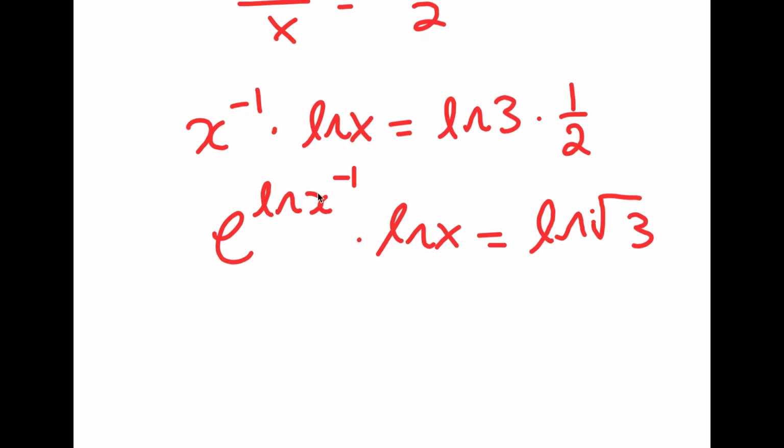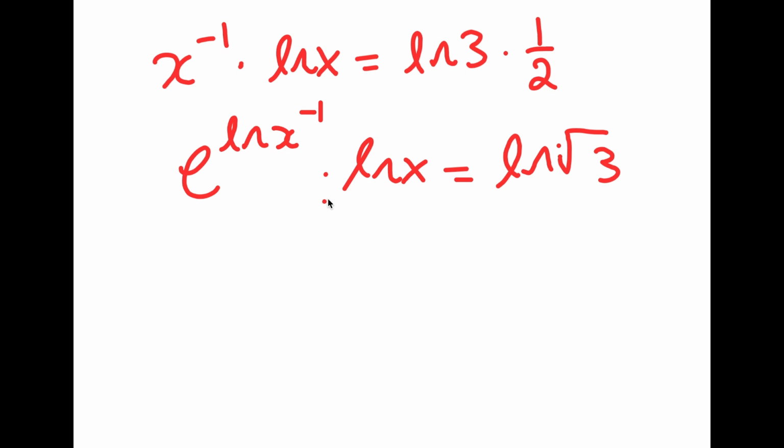And the reason I have e to the power of ln x to the power of negative 1 is e and ln actually cancel out, so this is the same thing as x to the power of negative 1, but I just put e to the power of ln. Now the reason I did that was because